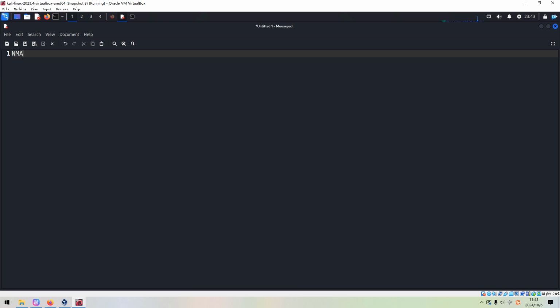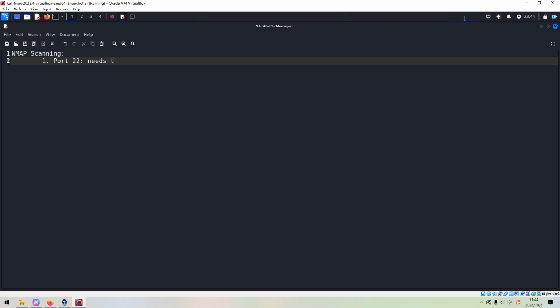So from the Nmap scanning, what we have already got: the first one, maybe port 22 needs to be knocked.